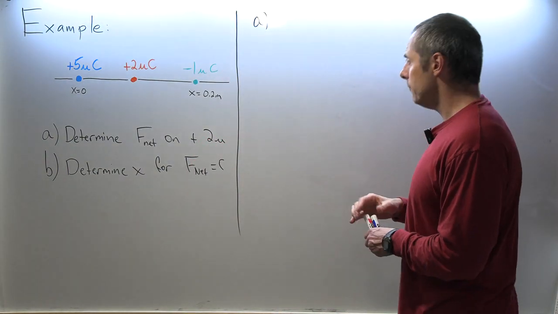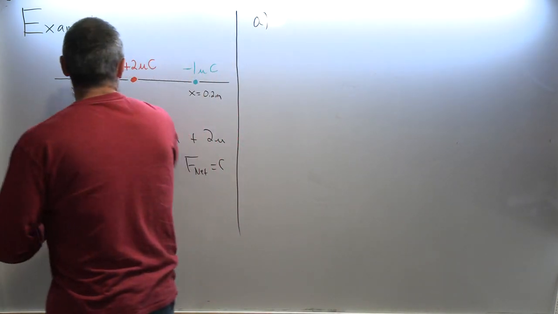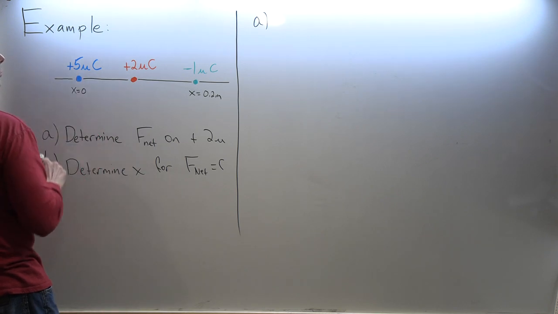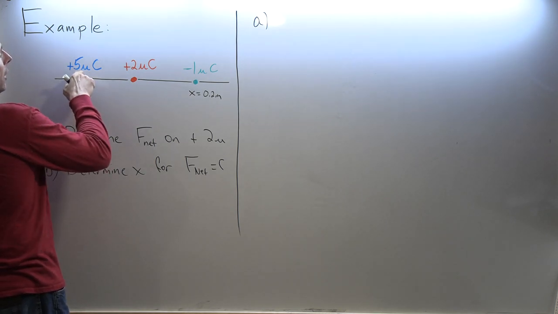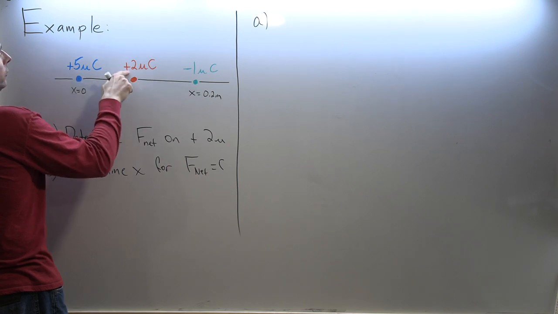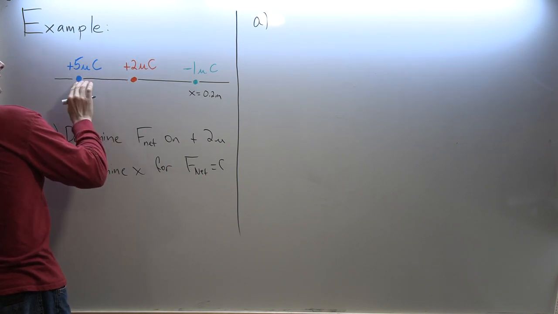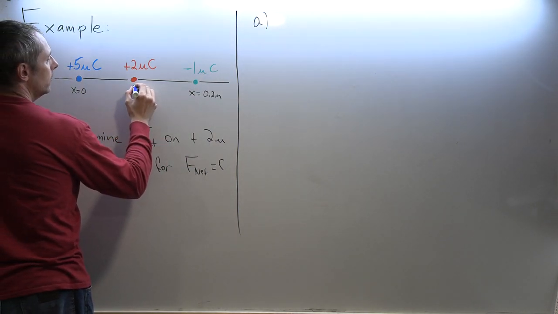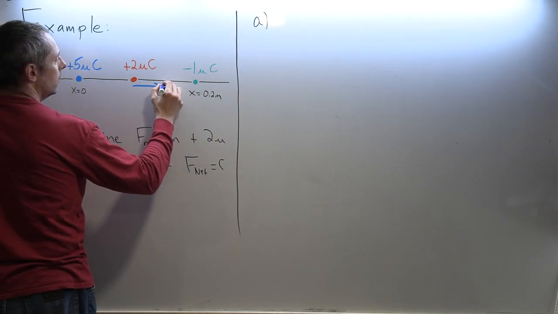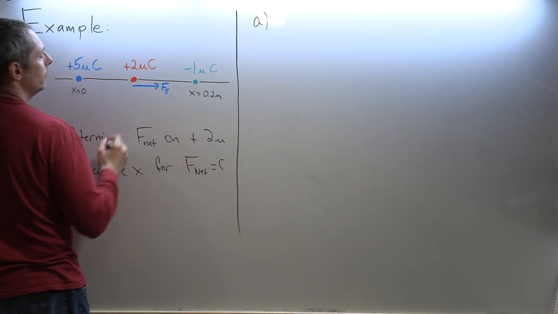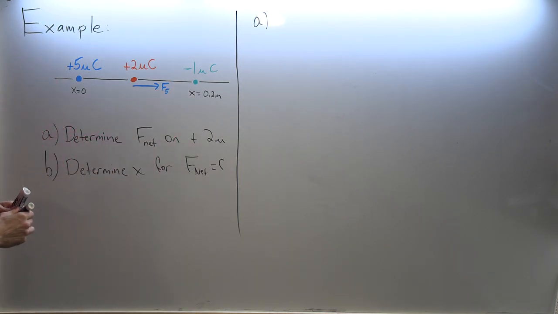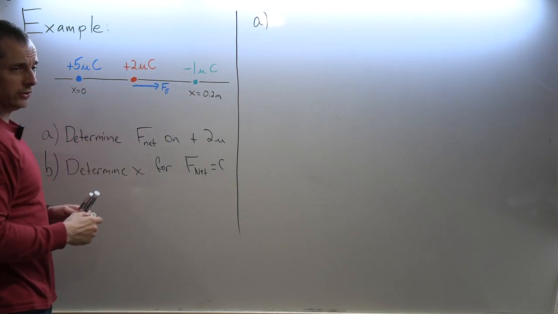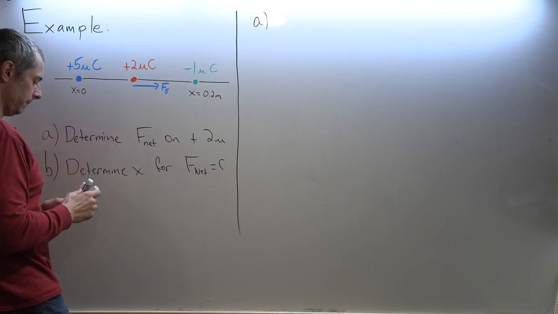So, what I first have to think about is how these two charges are affecting this middle charge. This 5 microcoulomb charge is positive, and this is positive, so these two repel each other. So this positive is going to push that positive away from it to the right. I'll put F5 because that's the force from the 5 microcoulomb. And I put it down below because otherwise the markers get all messed up when you start tracing over. But really it's along the axis.